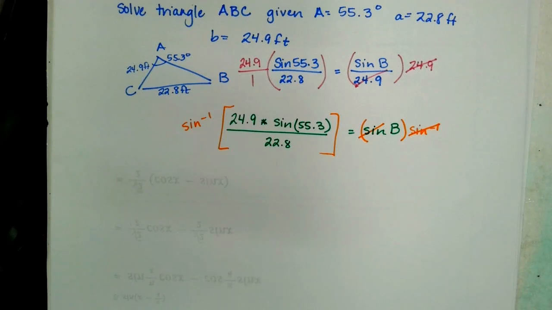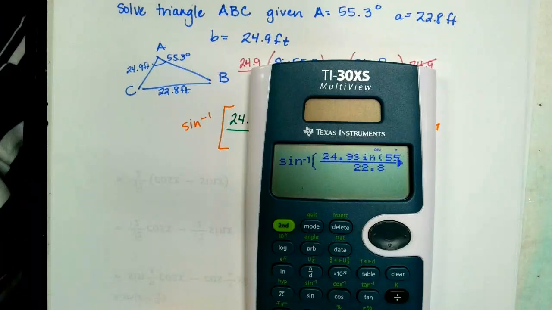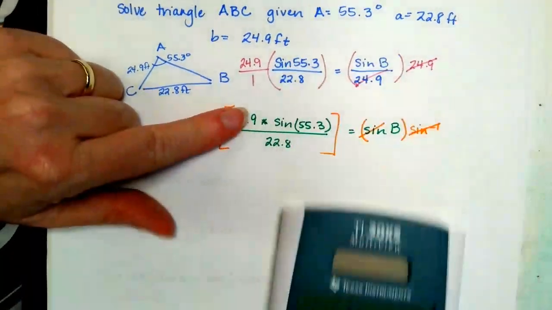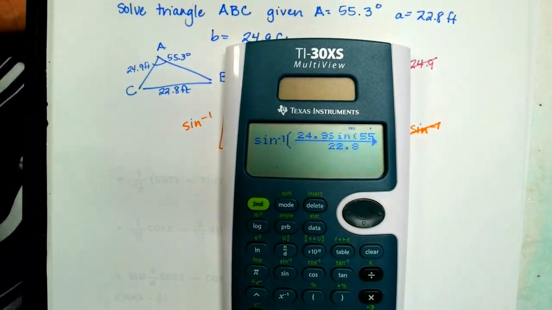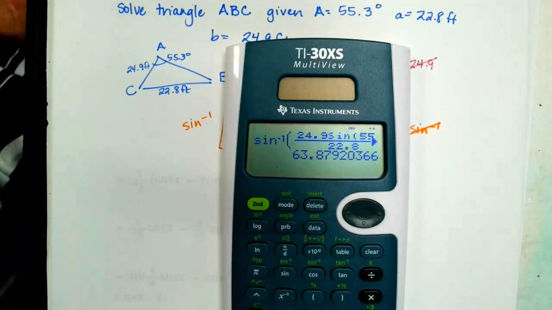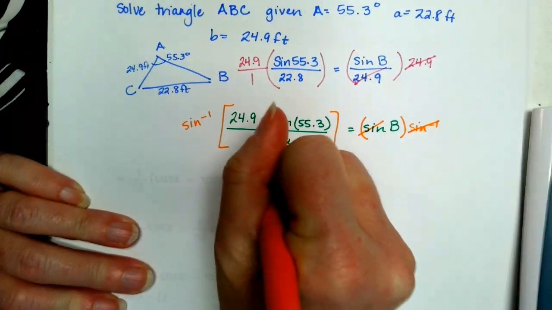I'm going to type it real quick and then I'll put it up there. Okay, so I typed in sine and then I put a fraction bar and I just typed all of that exactly how I have it written on this page. All right, so it gives me 63.88. So angle B equals